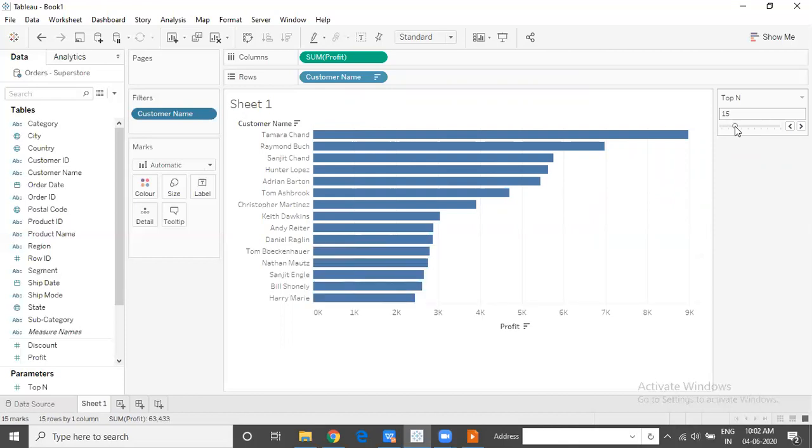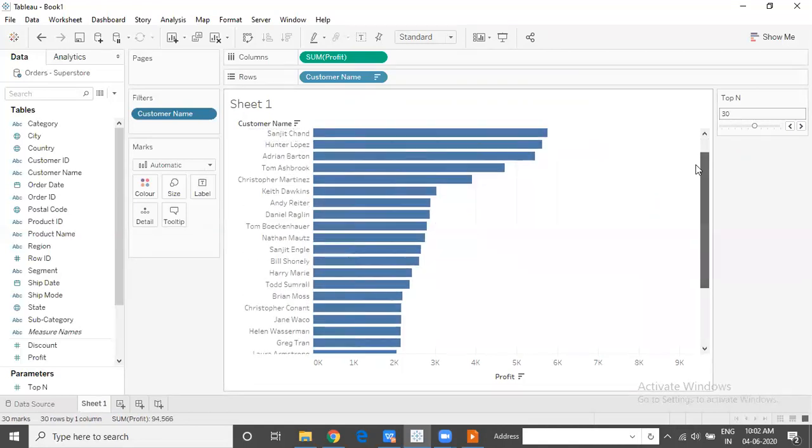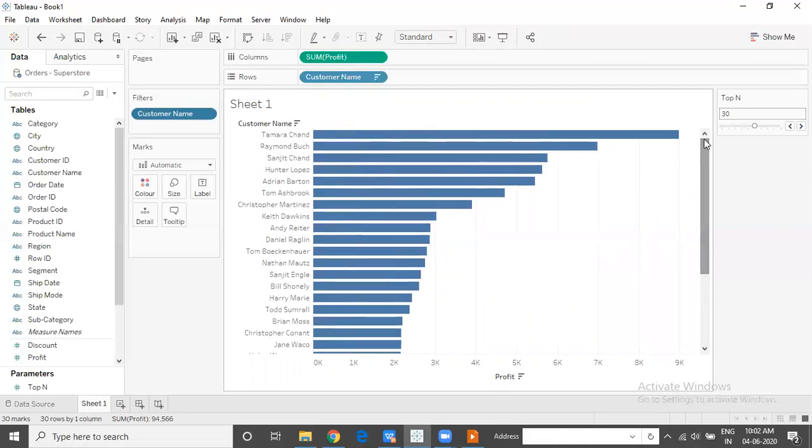So the next value is 15. And I can just go to any point on that slider and I will be able to see that many customers. However, I will get all multiples of 5 because I have used a step size of 5 in this example. So that is how we can make use of parameters, which are dynamic values which replace constant values wherever you see, or wherever there is a provision to enter a constant value.